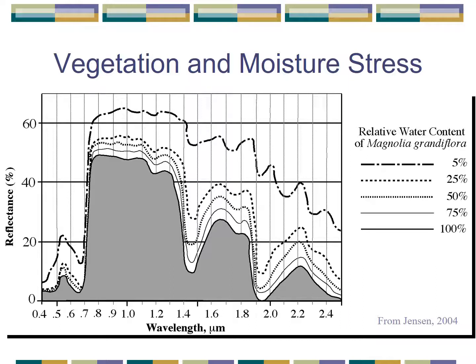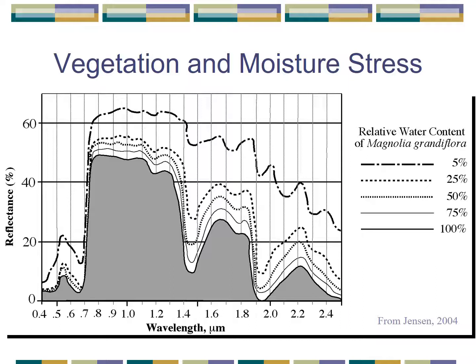So here we have Magnolia grandiflora, which is just a big old magnolia tree. And we look at these different lines representing different levels of moisture status of the plant. And the solid line is 100%. Okay, that means it's got as much water as it possibly needs. When it has 75% relative water level,